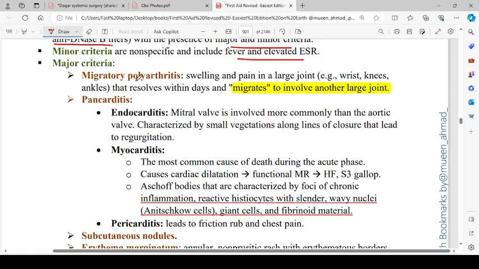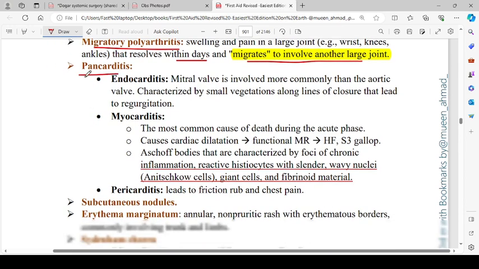For the major criteria, so these are the Jones criteria. Firstly, joints: migratory polyarthralgia, polyarthritis, swelling and pain in a large joint like wrist, knees, ankles that resolve within days and migrates to involve other larger joints. Pancarditis can be endocarditis, myocarditis, and pericarditis. Endocarditis, mitral valve is involved more commonly than the aortic valve, characterized by small vegetations along the line of closure